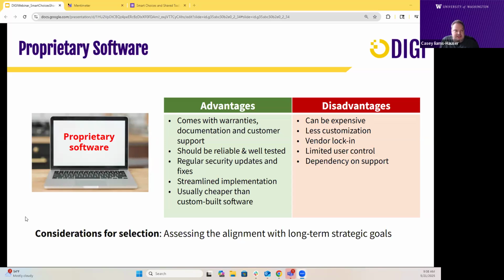There's less customization, so whatever already exists is likely what you're going to get. You can have vendor lock-in, which means that once you've selected that software, changing to another type of software could be extremely difficult if your data is saved in a